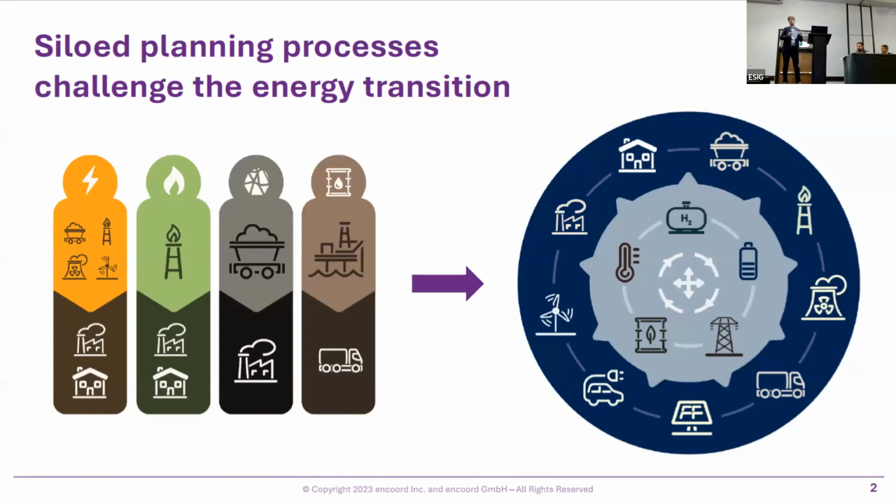We believe that the coordination of planning processes that today are siloed is absolutely necessary to transition to an integrated energy system that can transition to a decarbonized future, that can leverage new technologies, and that can be more reliable